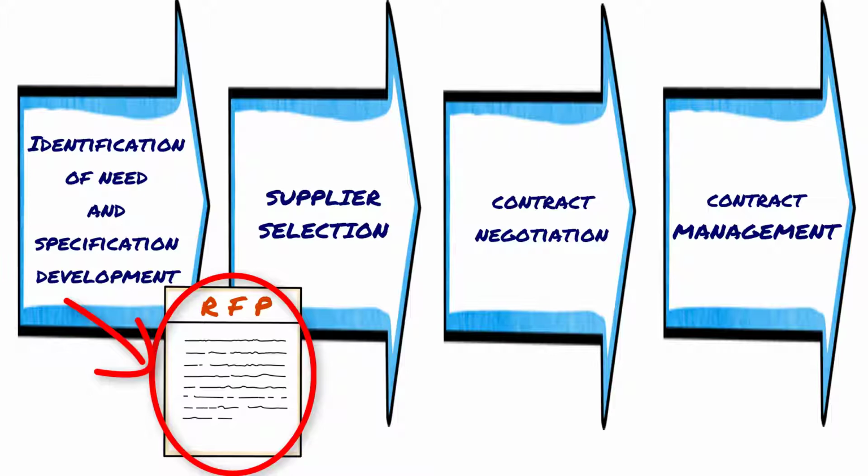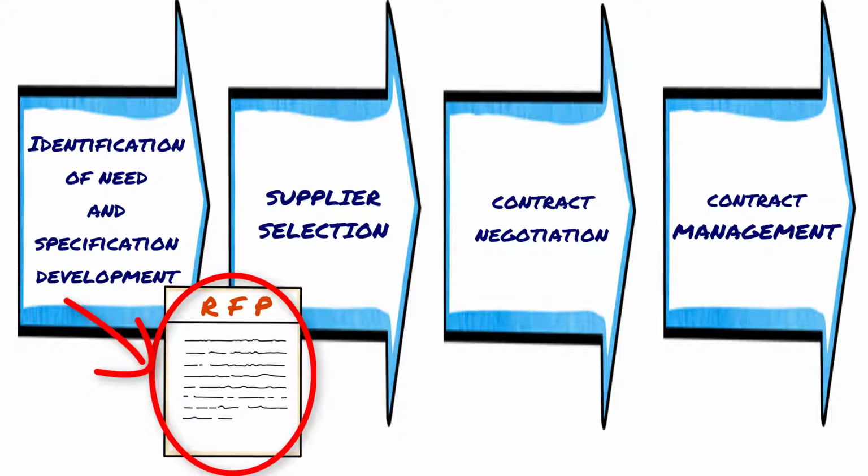The requisition should include the most detailed description possible of the material or service. It should also include information such as quantity needed, quality required, schedule for delivery, expected cost, and internal authorization or purchase